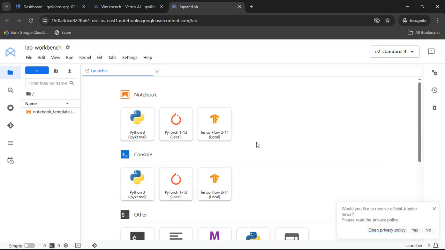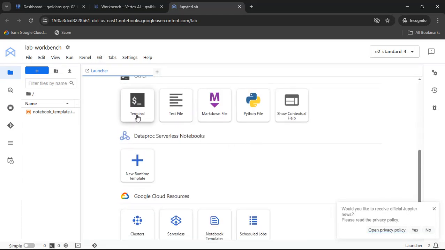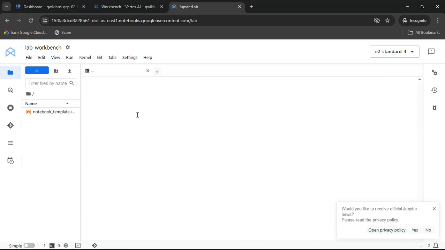Okay, wait for the content to get loaded. Now after opening this Jupyter Lab, scroll down a little bit. You will get this terminal option. Click on this terminal